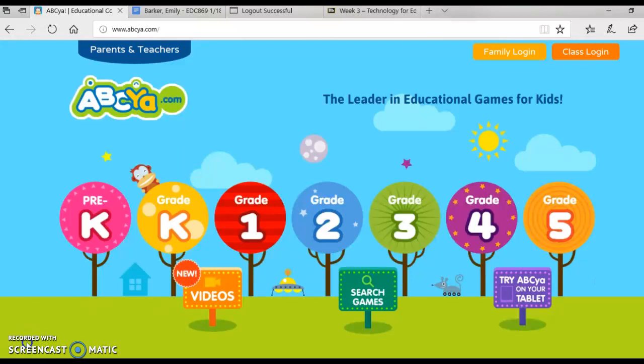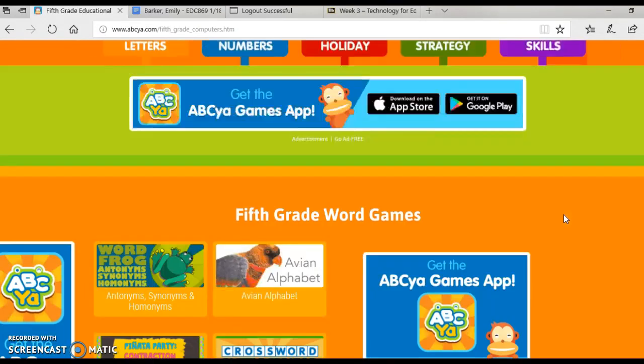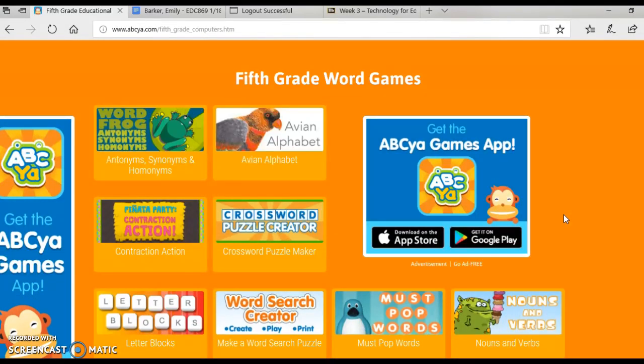In the lesson plan that I created, students will be using the crossword puzzle creator to design a crossword puzzle for a classmate. And to get to the crossword puzzle maker, you click on grade 5, and it is located in the 5th grade word games. Right here, the crossword puzzle creator. So students will be asked to open up the creator,